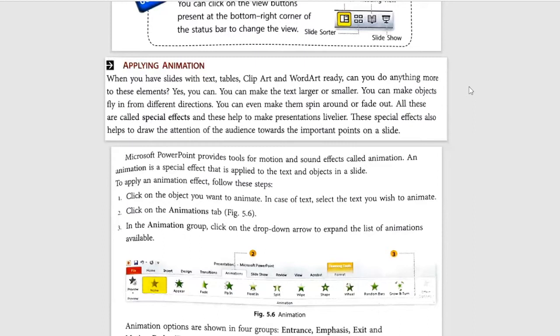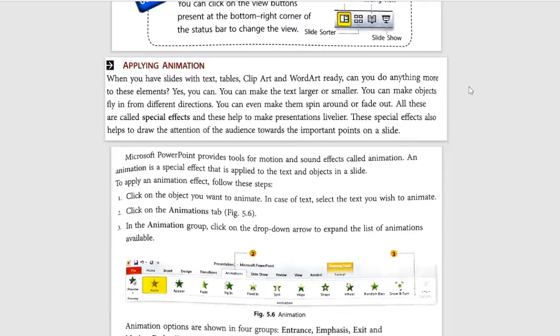Microsoft PowerPoint provides tools for motion and sound effects called animation. An animation is a special effect that is applied to the text and objects in a slide.